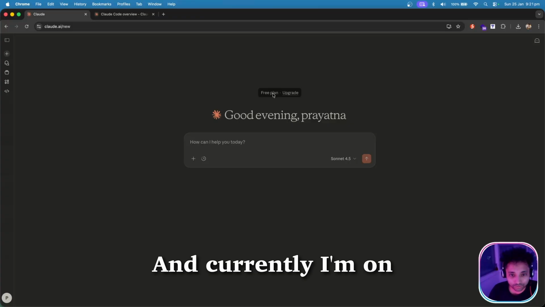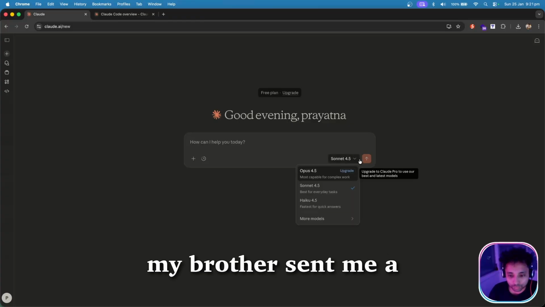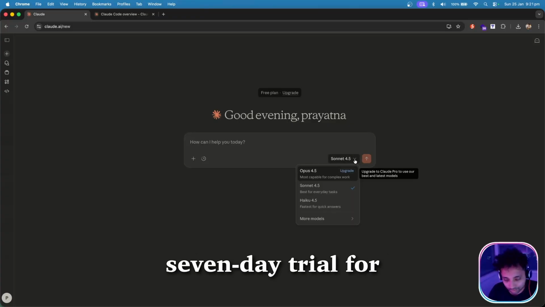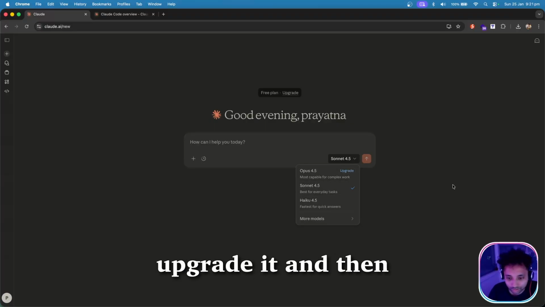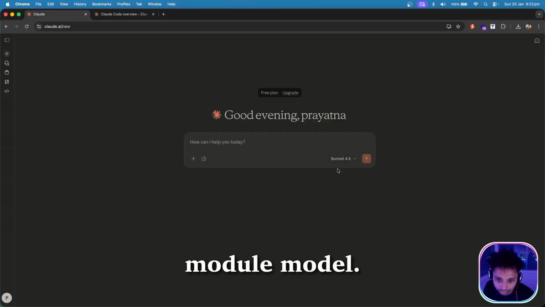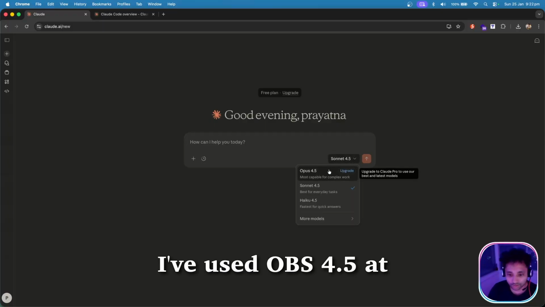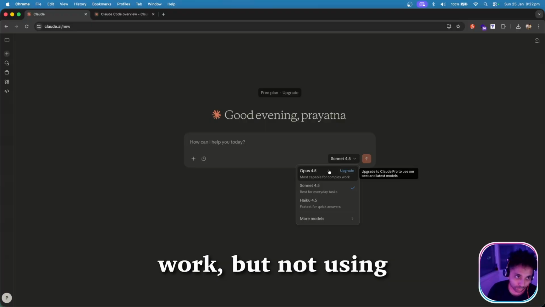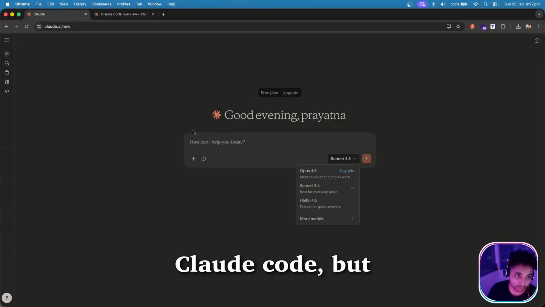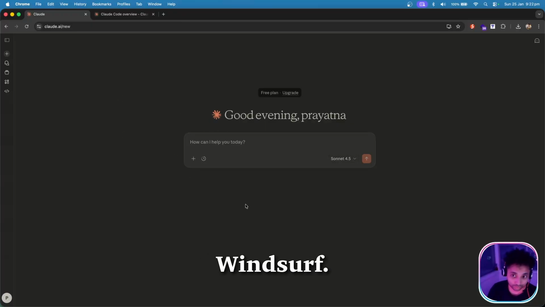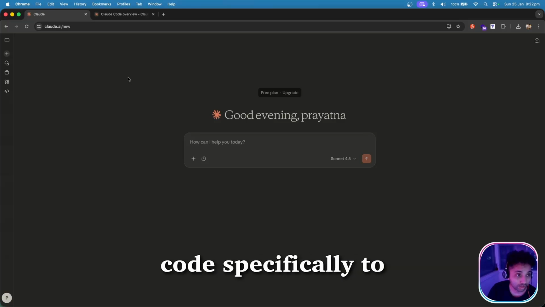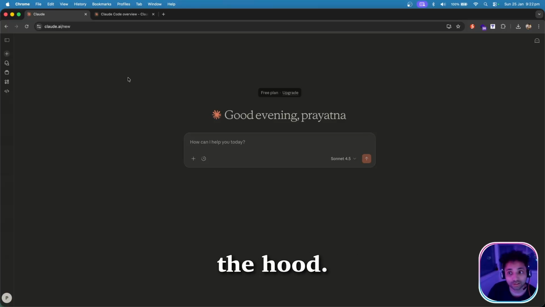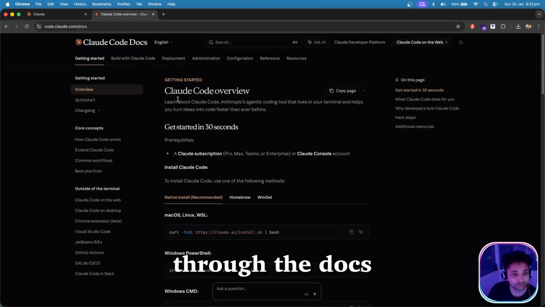Currently I'm on the free version, and my brother sent me a 7-day trial for the pro version, so I might just upgrade and see the Opus 4.5 model. I've used Opus 4.5 at work, but not with Claude Code, rather using Windsurf. So it's the same model, but I wanted to try Claude Code specifically to see how it works under the hood. I was just going through the docs,